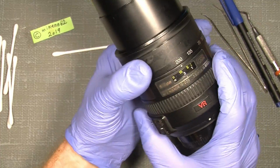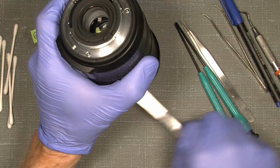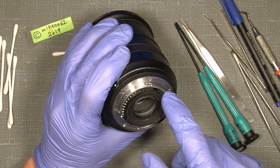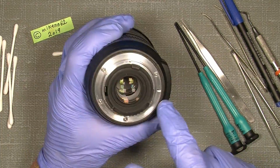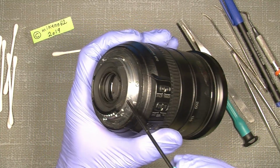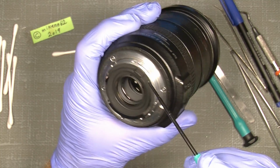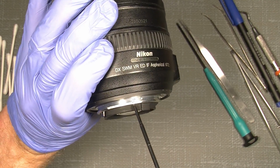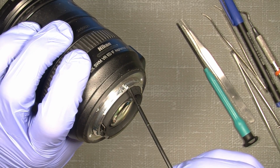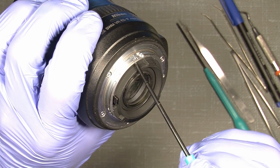Now then we can continue to actually go in from the back here, and I would say we will take off the mount, but before doing so we need to unscrew 3 screws here that hold the back plastic ring here. We'll say there, hope you can see it there, not this one, it's the locking screw when you put it on the camera. So it's only this screw here